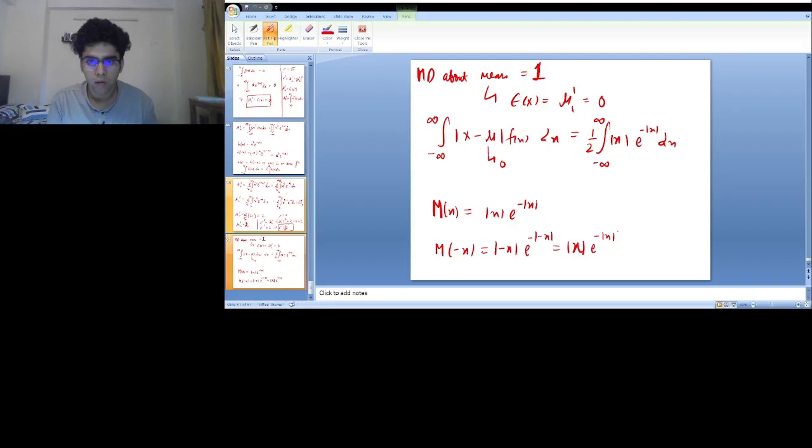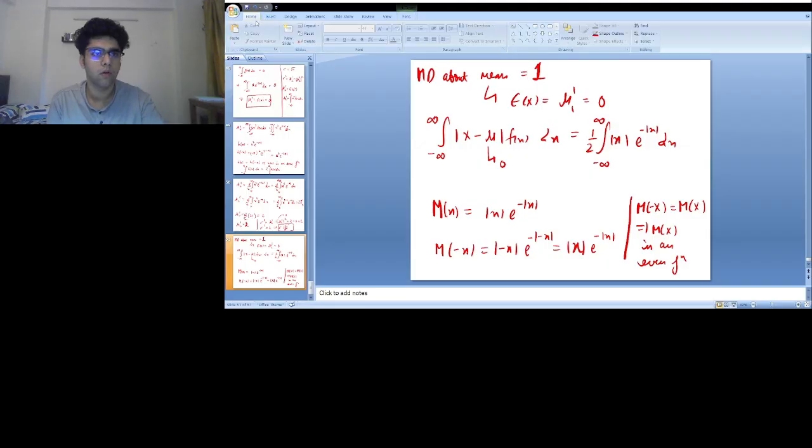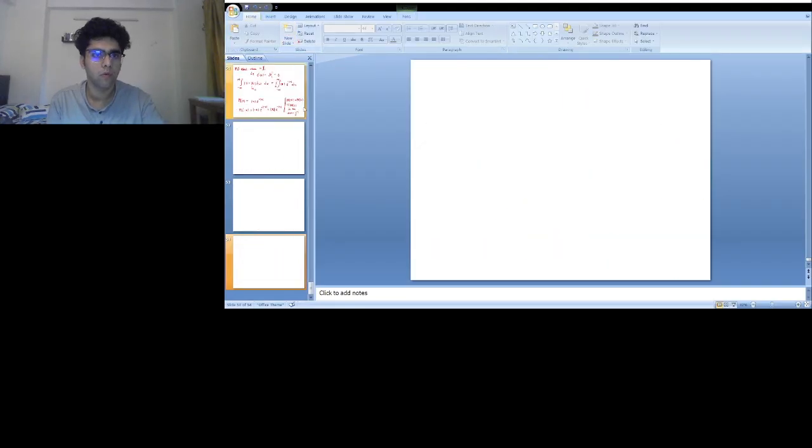So this implies that m of negative x is equal to m of x, which implies that m of x is an even function. So we can write this even function as 2 times from 0 to infinity. So I can write this as my mean deviation as